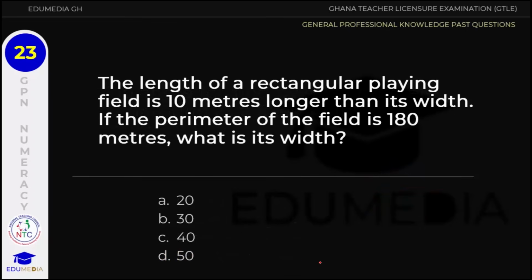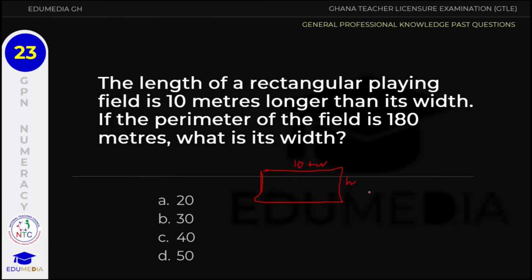Question 23. The length of a rectangular playing field is 10 meters longer than its width. If the perimeter of the field is 180 meters, what is its width? So similar to what we saw earlier, I'm going to draw a small rectangle here. The question is saying that the length is 10 meters longer than its width. So the width is here. We do know the value by saying that we should take the width and add it to the 10. That will give us the length of this